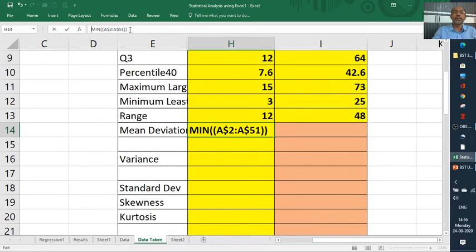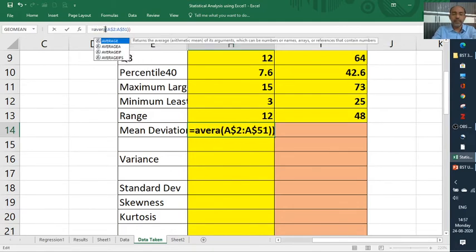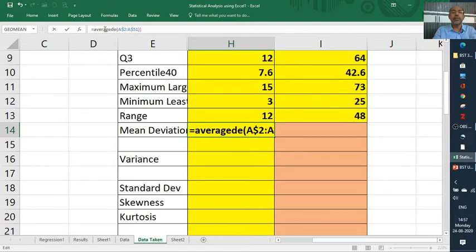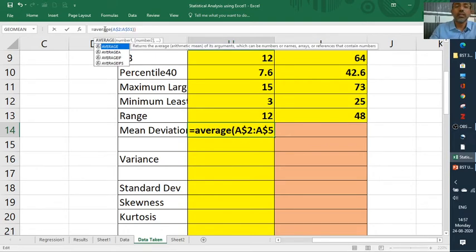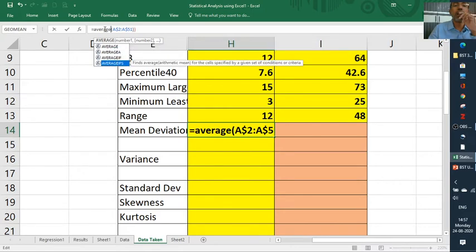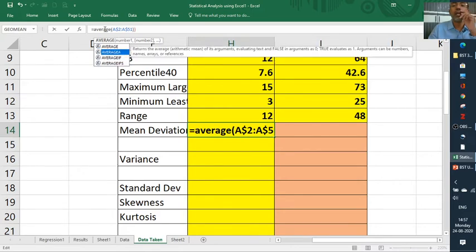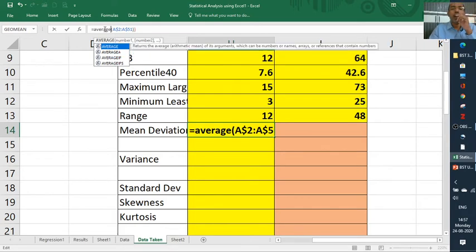It is very easy. Average deviation, average deviation.